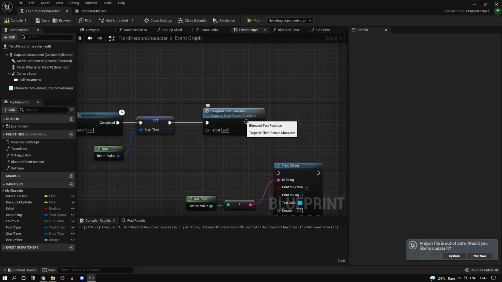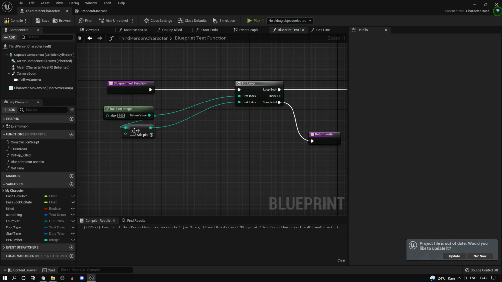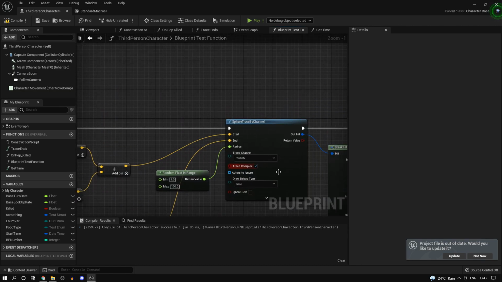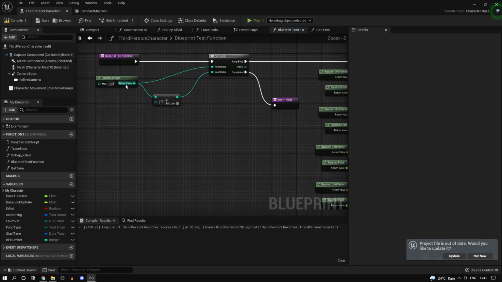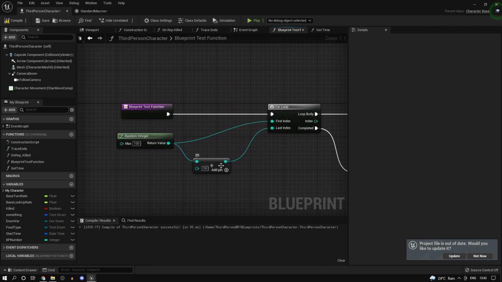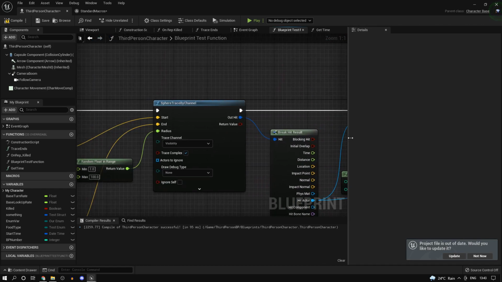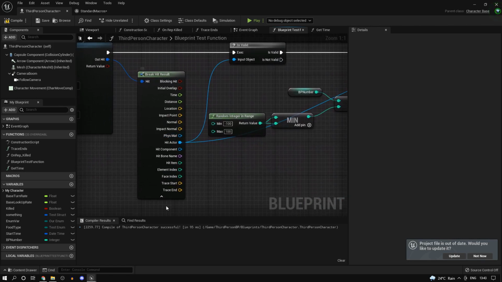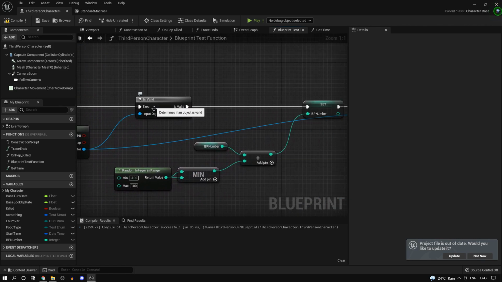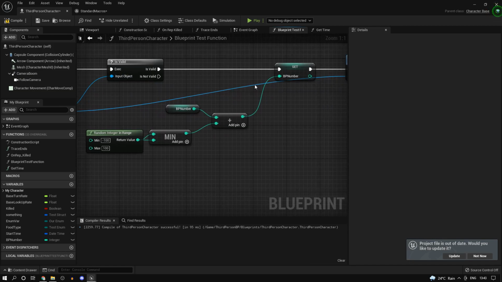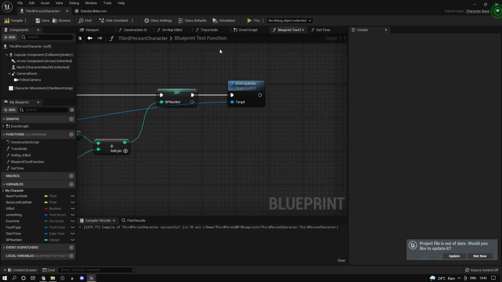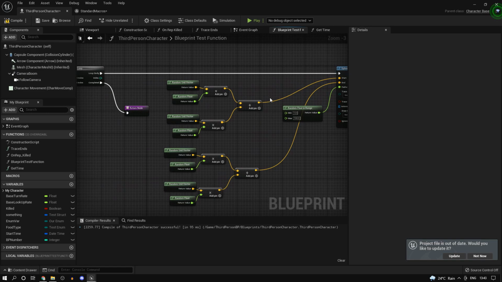Alright guys, so I have a blueprint function here. This does something which is almost equally taxing as something you do typically inside your game. So I'm just performing a trace, I'm just having a loop over here, selecting a random integer. I'm just making sure this loop runs a fixed number of times so that our measurements are consistent. Then I just trace, then I just check if the hit actor is valid and then set a variable based on that. Something typical which you do in a game.